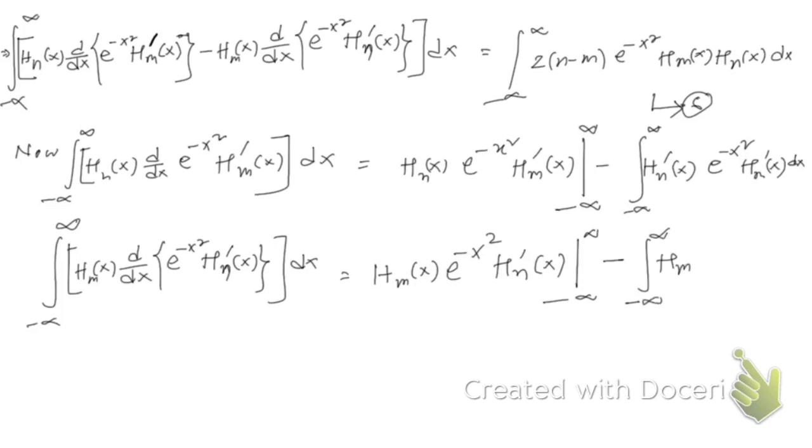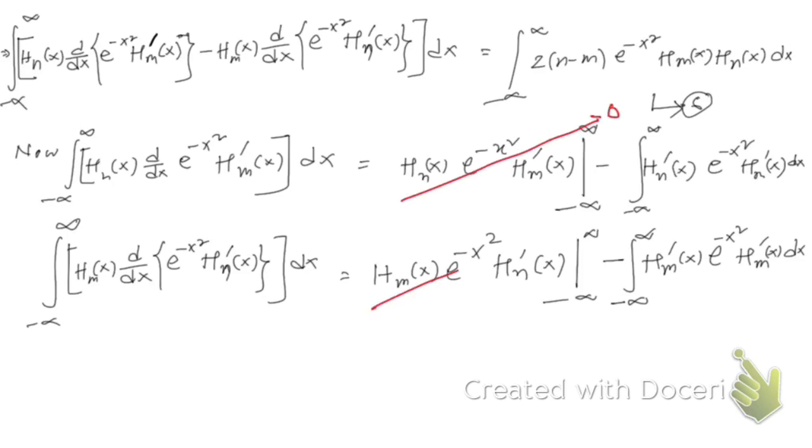So here hm dash of x e to the power minus x square, then hn dash of x dx. That's what we're gonna have, right? Now you see, these two parts are going to be equal to 0, okay,